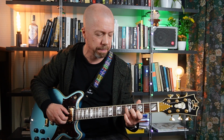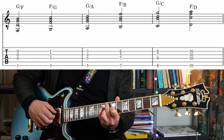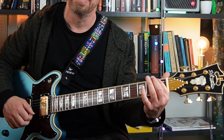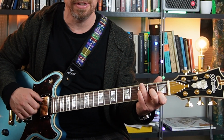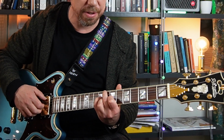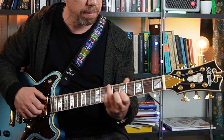And then I take the triads, G, F, G, F, G, F, and combine that with those bass notes, I get different chords. That starts over. So I get a G over F, F over G, G over A, F over B, which is interesting, and G over C, and F over D, which is a D minor 7. That just blew my mind. I'd never thought of it like that, that you can create all these chords with